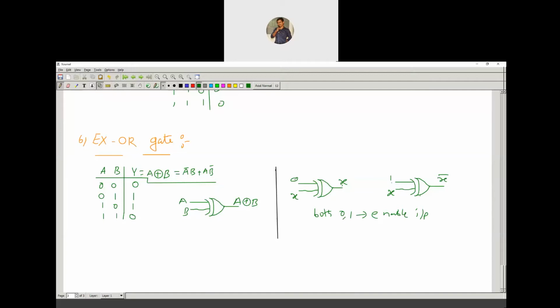Then only can we use it as a switch, right? In the same manner, here you can observe the XOR gate has only the enable input option. There is no disable input option, right? So we cannot use the XOR gate for enable and disable inputs.